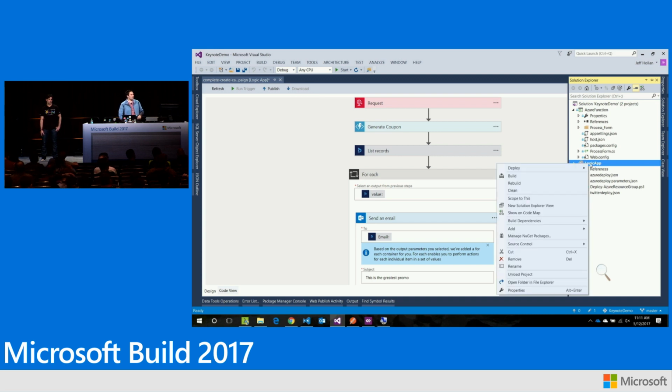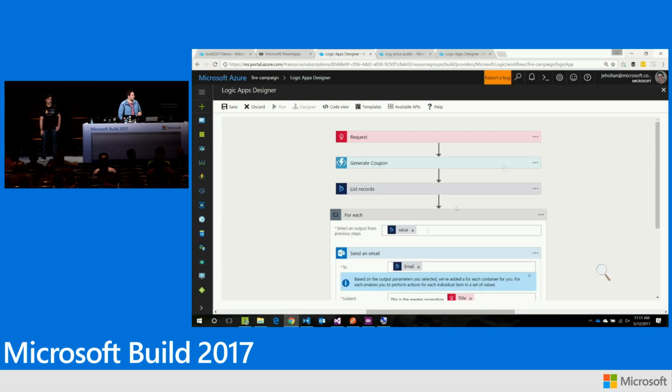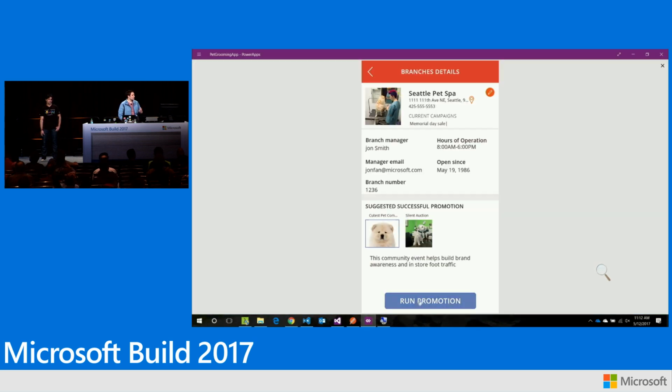And what's great about this is I can edit and make changes, but I can also now deploy this Logic app and any dependencies that it may have, its Azure functions and the connections that I need as a part of it. And I could choose any resource group, any region in the world, and I would have this serverless workflow ready to go and ready to start promotions. OK, so that's that. I could go through the same step in hooking this up and showing that you can run it. But to keep it simple, let's just go ahead.